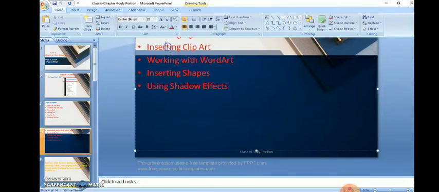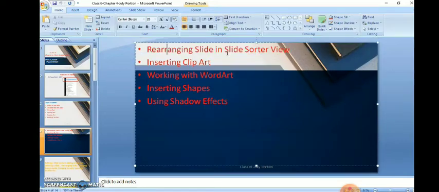Next we are going to rearrange slides, rearranging slides in slide sorter view. I think that topic I already showed you. You take slide sorter view and you can rearrange them. Wait a second, I'll show you.